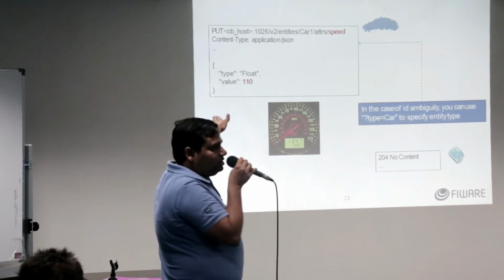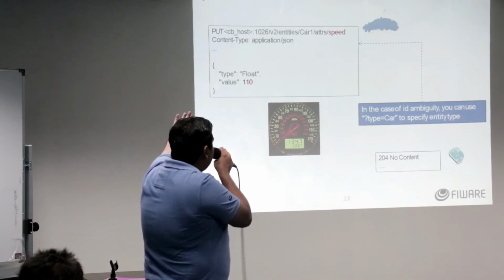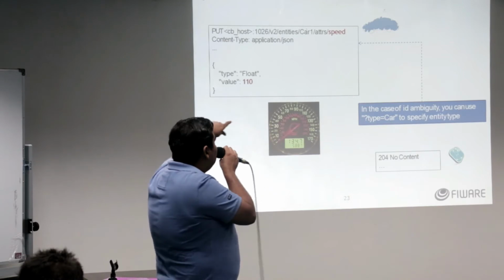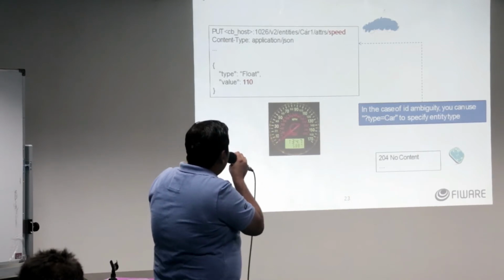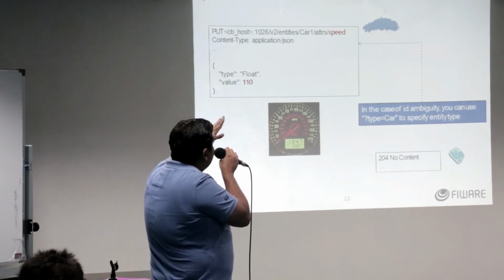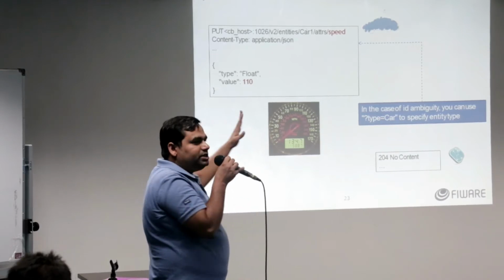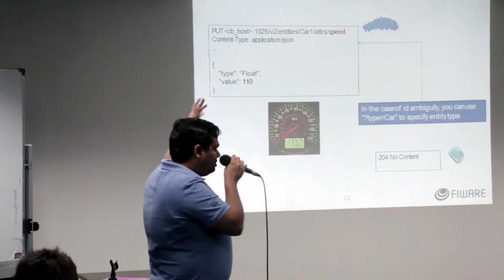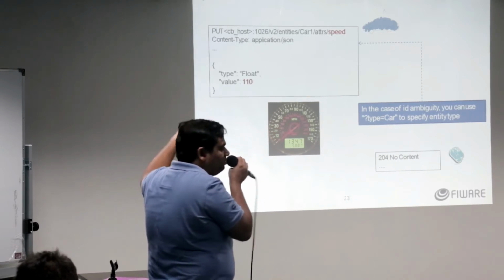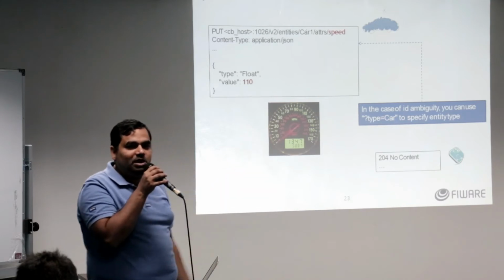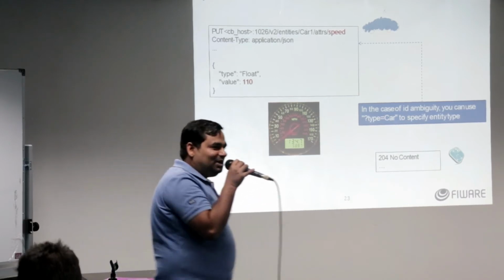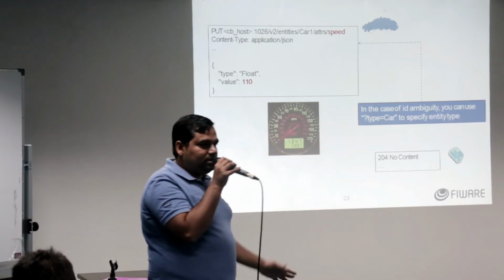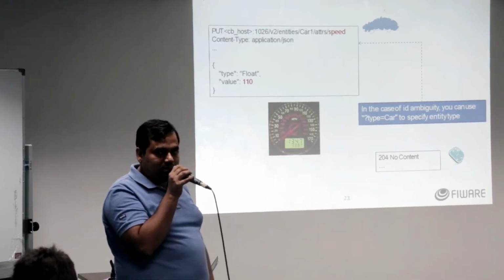/cars/attr/speed. So you can see the URL. Now content type application/json again. And now what I did is the same entity. You can see the name of the entity: put cb host 1026/v2/entities and /car1. That is the name of your entity. And what you're doing is setting the speed from 90 to 110, because the guy sped up, so you need to update that. And the success code is 204 if it's successful.